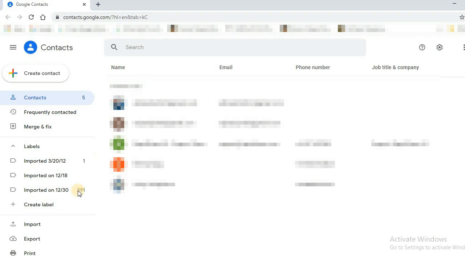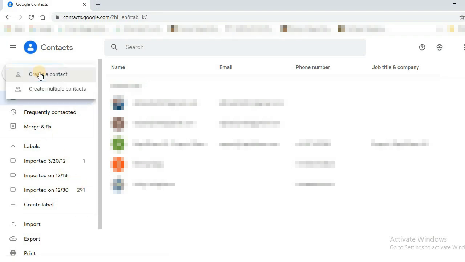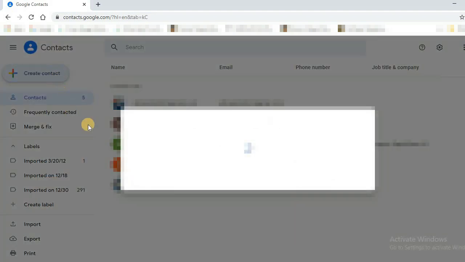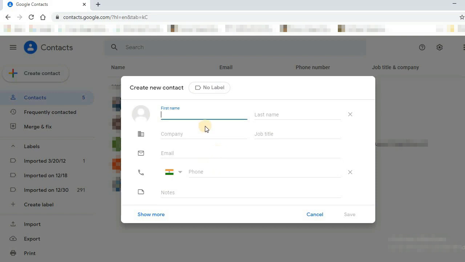Now what I will do here is I will press this create button, create a contact, and randomly I will type some name, say ABC XYZ, and randomly type some mobile number like 9876543210 and save it.